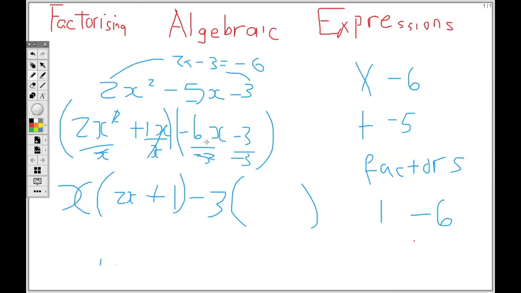Dividing negative 3 into negative 6, I'm left with 2, and I write back the x. Then this part, the negative 3 into the negative 3 gives us positive 1. So we are going to write plus 1. So what we have here, x minus 3